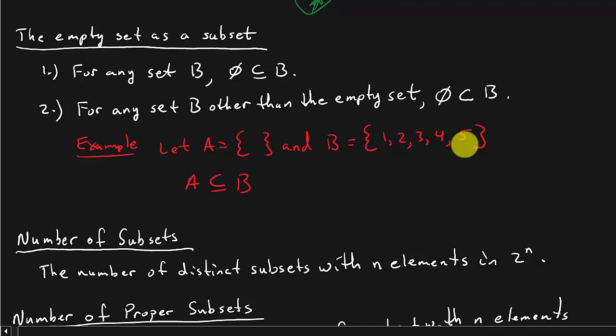And then 2, for any set B other than the empty set, the empty set is a proper subset of B. Okay? So the empty set is a subset of any set, and the empty set is a proper subset of any set, provided that set is not the empty set. Let me show you what that means in symbols. In other words, it's saying that